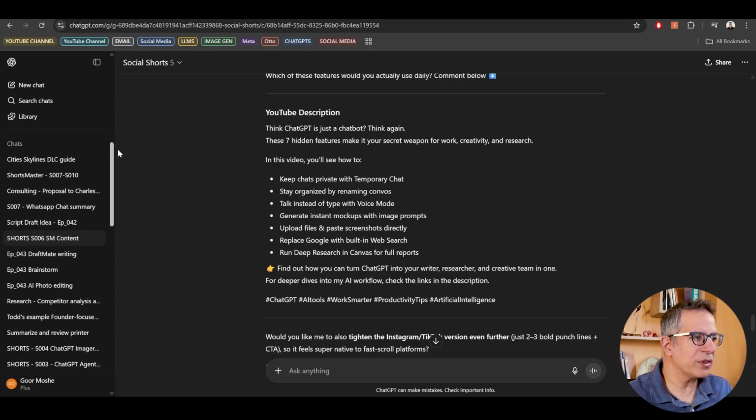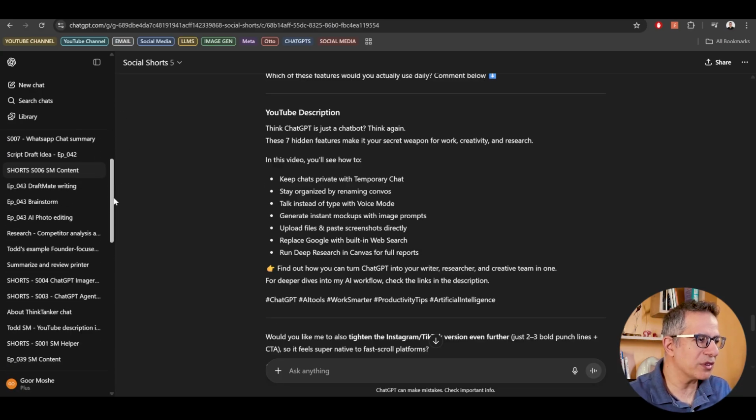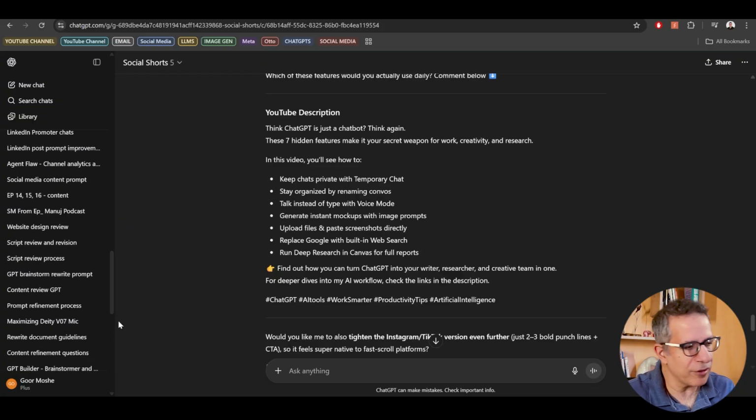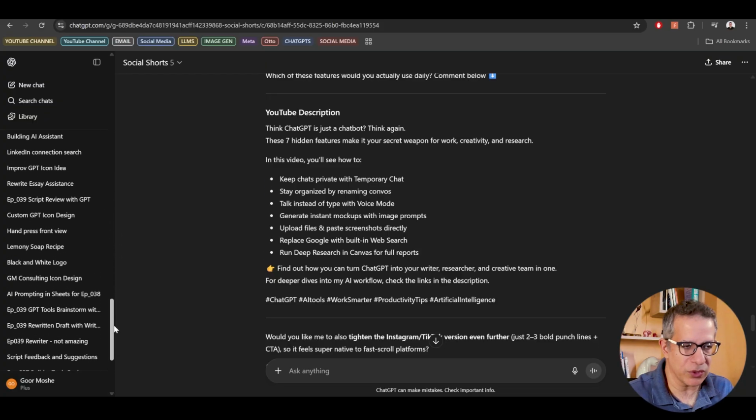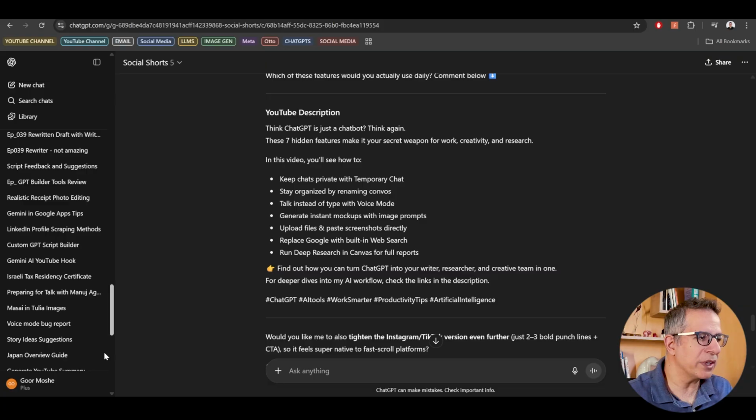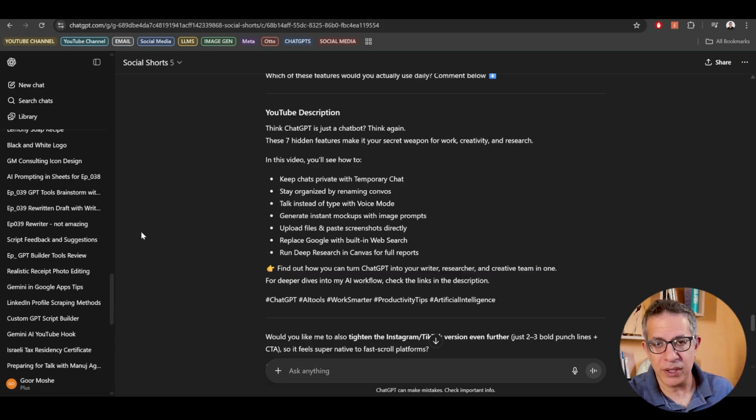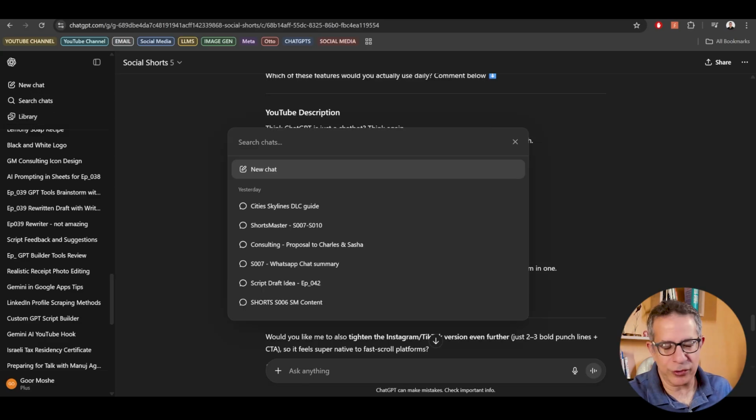That saves a lot of time when you search through conversations. I mean, most of us have hundreds and hundreds of conversations with ChatGPT, and it's all recorded here, and that's affecting memory. But it's also affecting the way you search for things. Now, you do have the search chats here, where you can search for very specific information or topics that you've talked to ChatGPT about.